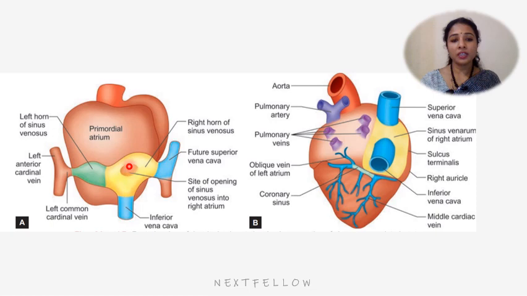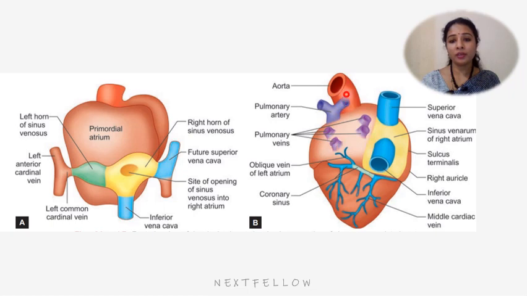We can see the sinus venosus, this yellow one, gets absorbed to form the posterior part of the right atrium, and the left horn of sinus venosus regresses to form the coronary sinus. It forms the coronary sinus here. This is from the left horn of sinus venosus, and the posterior part will form the posterior wall of the right atrium. We can see the opening of the superior and inferior vena cava here,